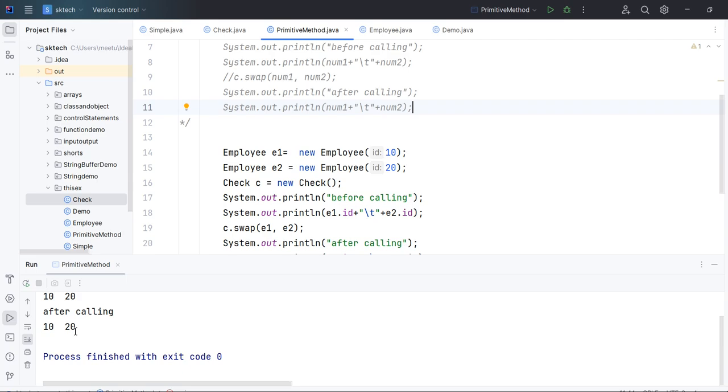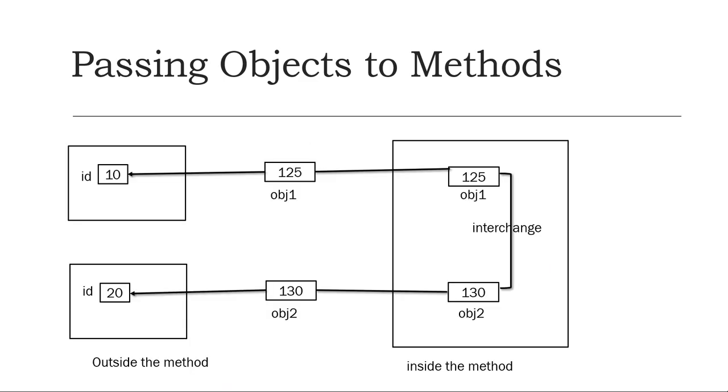So what is happening here is that some authors have written, out of confusion, that primitive data types are passed to the method by value and objects are passed by reference. This confusion comes from the concept of pass by reference, where the memory address pointer of the variable is passed to the method.